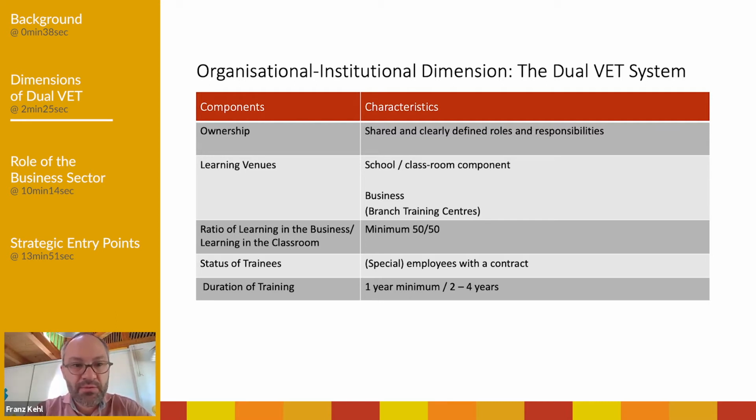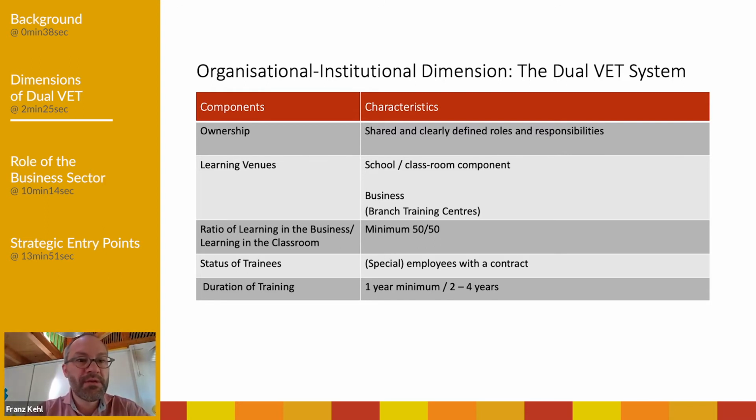Training is held at two learning venues, sometimes even three. The classroom-based component provides theory and general education, while the business component is where hands-on knowledge and skills are gained. So-called branch training centers might complement the business sector part and constitute a third learning venue. The third